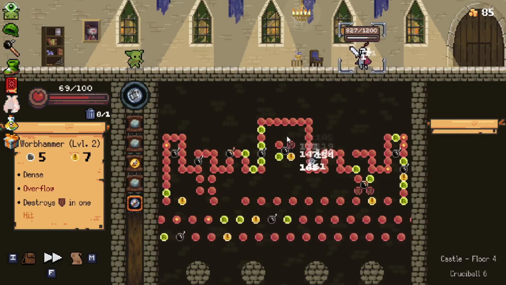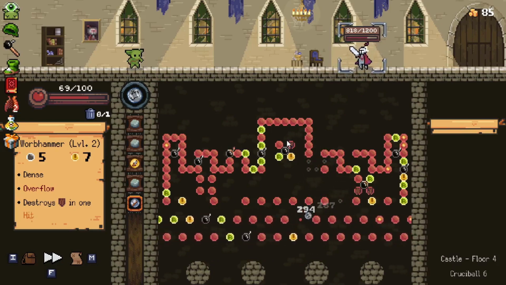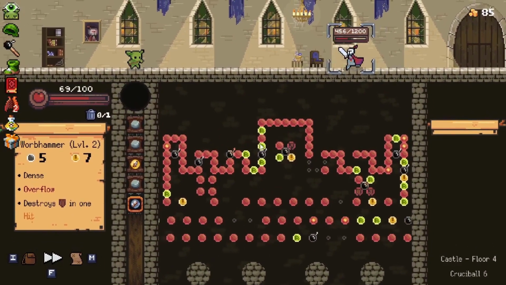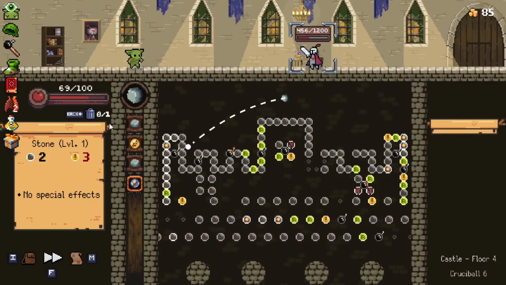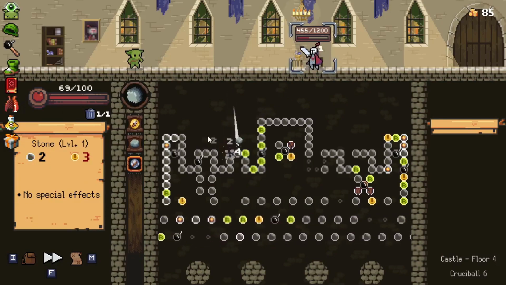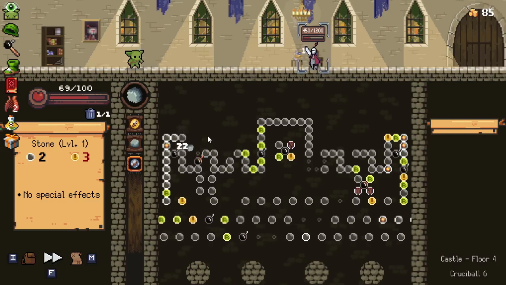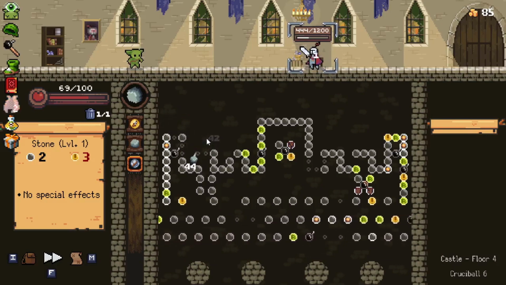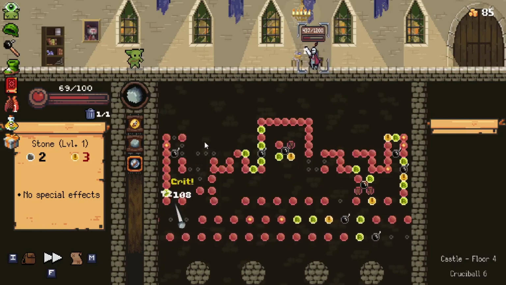It is dense, but that's not too big of a deal. That's 300 damage, not too shabby. Let's aim for some bombs. Let's get rid of this guy so that we can use the Dag Orb. Dag Orb is always a good thing to use, but I don't even know if we'll need to. If we hit some more bombs, we hit a crit, you know, there's a lot of things that could...